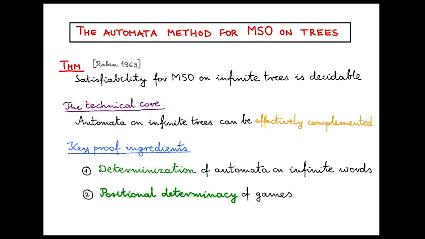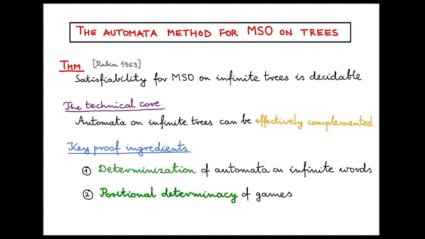Both of those are non-trivial results. One of them is determinization of automata on infinite words. That's something that you will have learned from Orna's tutorial, and this is indeed a highly non-trivial topic with several solutions and ongoing research on